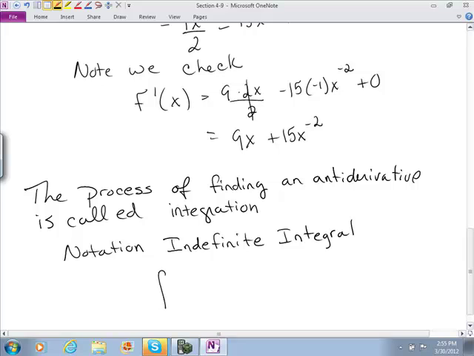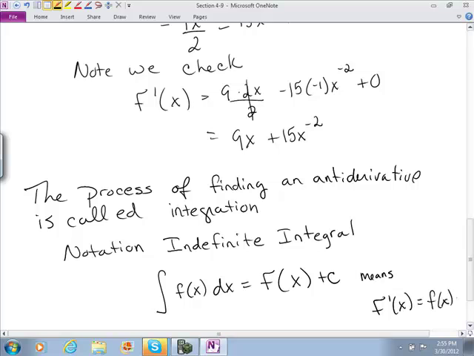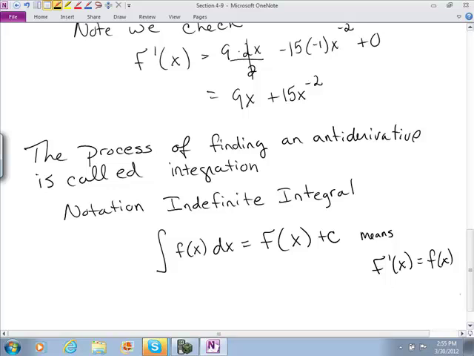And we have this notation, antiderivative is this little s, but it's kind of like a long skinny f, and we think antiderivative of our little f of x dx is equal to big F of x plus c. And what that means is that if we take big F of x, the derivative, we will get little f of x. And we say that this big F of x plus c is the general